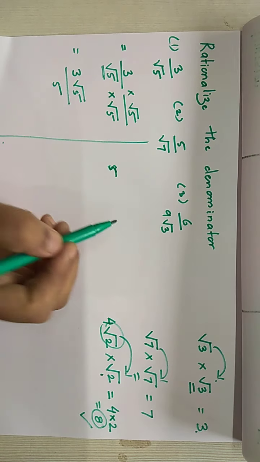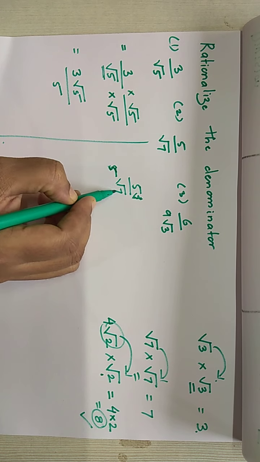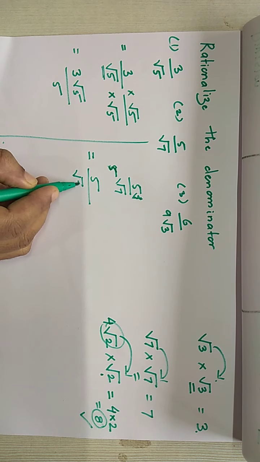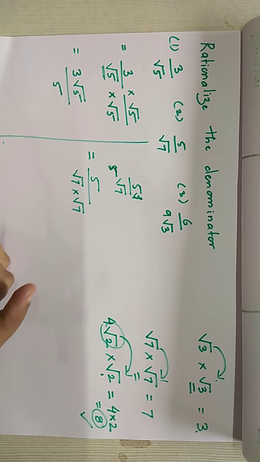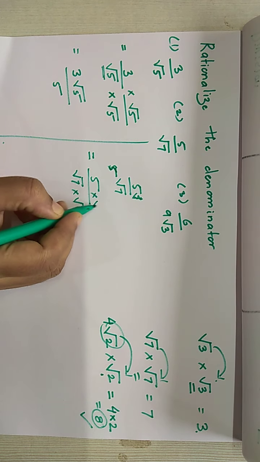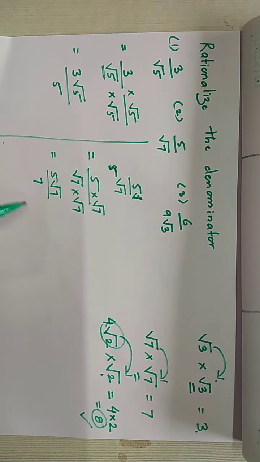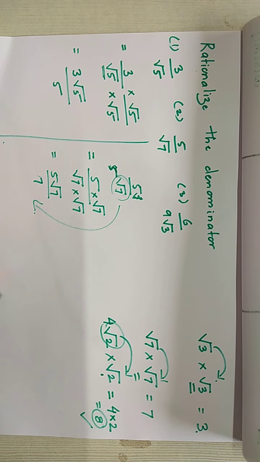Okay. Now see the next sum. The next sum is 5 upon root 7. If you observe, root 7 you need to make vanish, right? So you multiply root 7 down. Root 7 into root 7 will become 7. The same root 7 you multiply up. So this will become 5 root 7 upon root 7 into root 7, which is 7. The denominator's third part is gone. That is what we are told to do, rationalize the denominator. That means whatever the third part in the denominator is, you need to make it vanish.